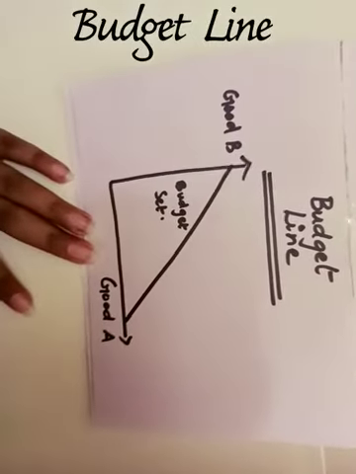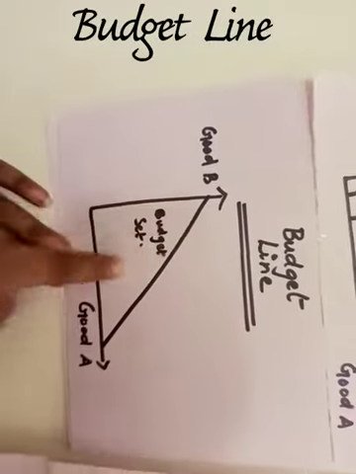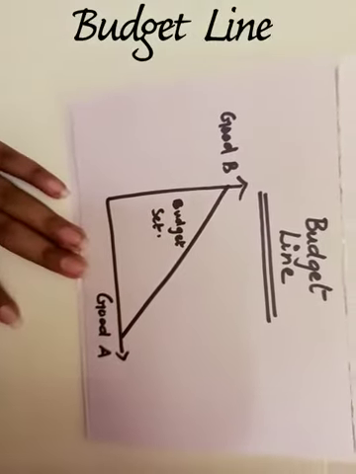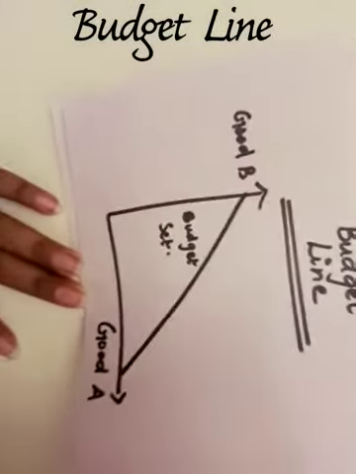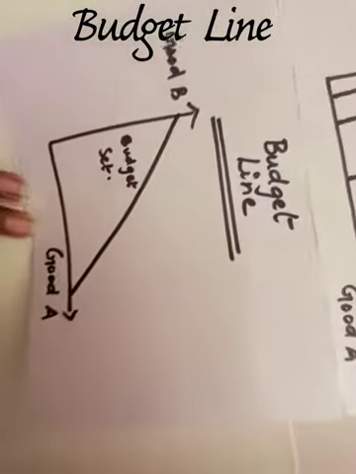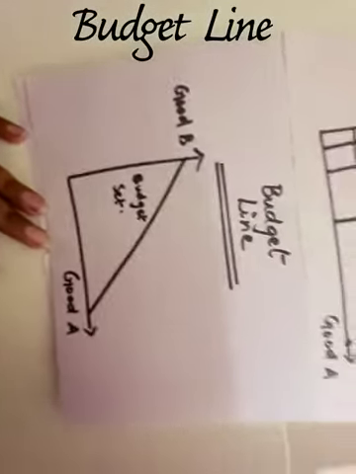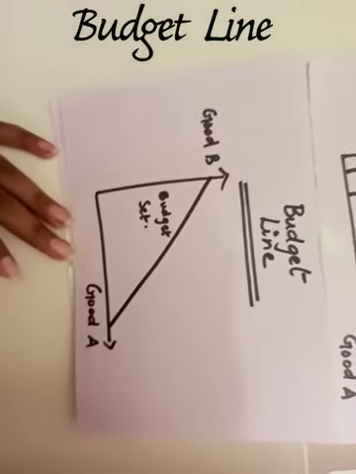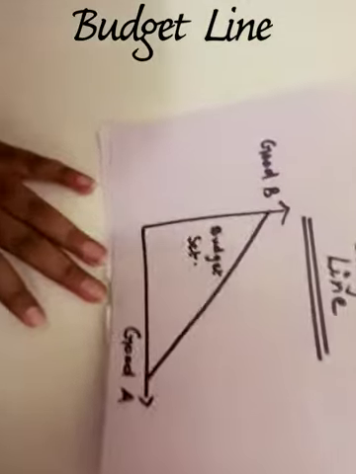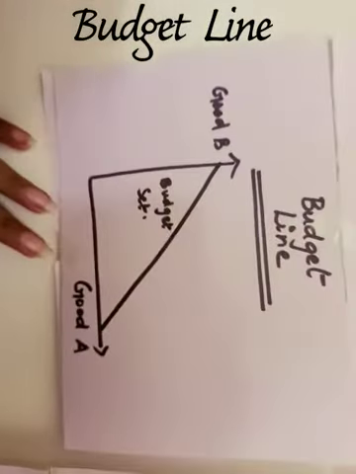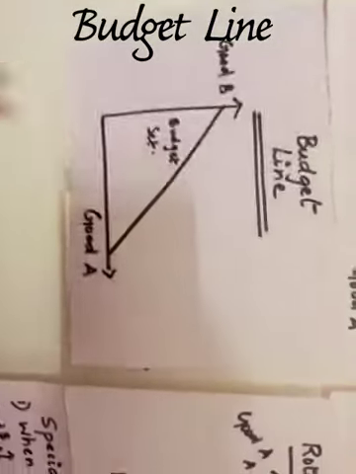As you can say, the budget line gives you all possible combinations of two goods that the consumer can purchase with his limited money income. So the budget line is another tool that you have to use to arrive at the equilibrium of the consumer. As I already told you, in ordinal analysis you cannot measure utility in numbers. You can only rank the utility, that is higher or lower.